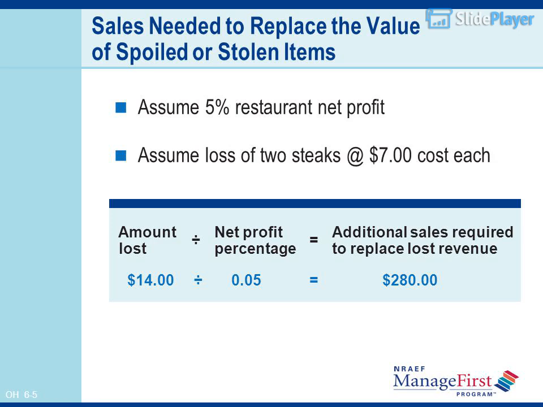Let's see. Sales needed to replace the value of spoiled or stolen items. Assume 5% restaurant net profit. Assume loss of 2 steaks at $7 cost each. Amount lost divided by net profit percentage equals additional sales required to replace lost revenue. $14 divided by 0.05 is $280. Instructor's notes: Indicate that this means several customers, or many more customers, must be served just to make up